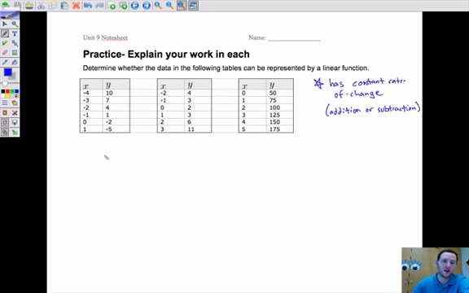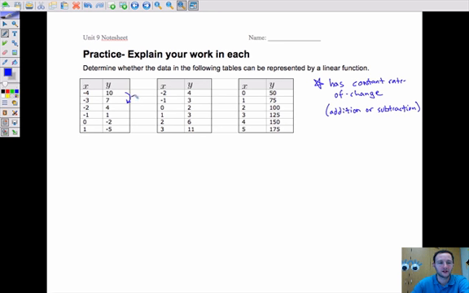Okay. In these tables, we always have x increasing by 1. So what that means we're looking for is the y values to either always go up by the same amount or go down by the same amount. Okay. In this first part,